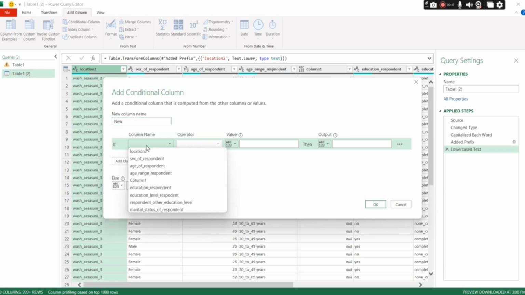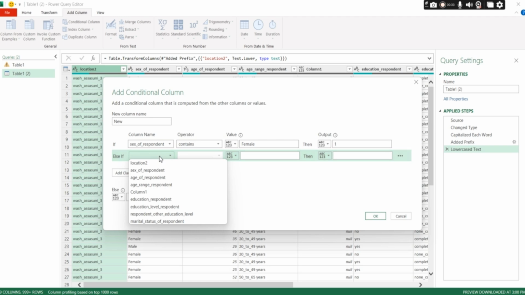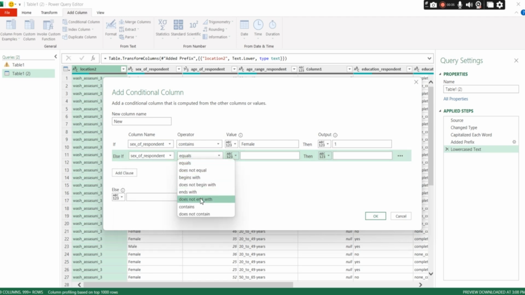New column. So if the sex of the respondent contains female, then the new column should be 1, and if the sex of the respondent contains male, it should be 2.